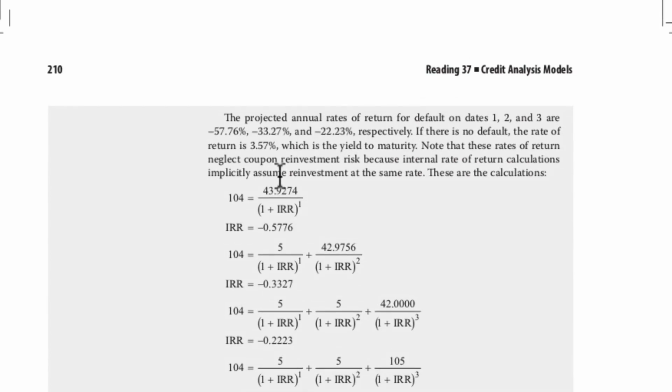Last part was to determine what the rates of return were on this particular bond. The projected annual rates of return for default on dates 1, 2, and 3 are negative 57, negative 33, and negative 22 respectively. If there is no default, the rate of return is 3.57%, which is the yield to maturity. So how do we get that? Well, here is 1.04 equals,